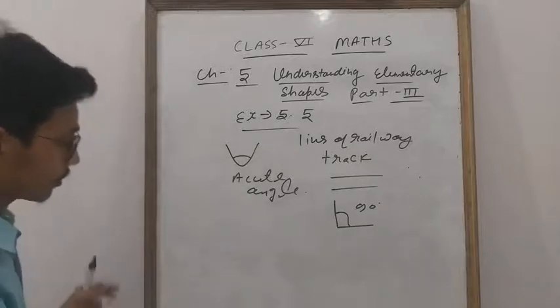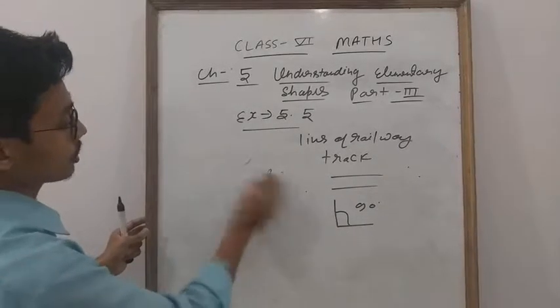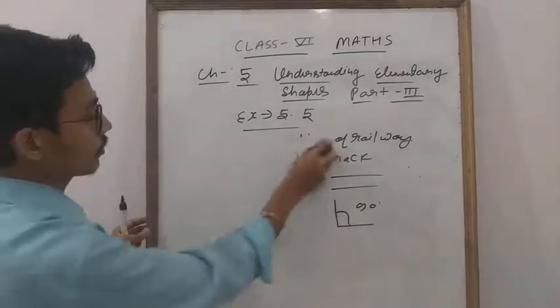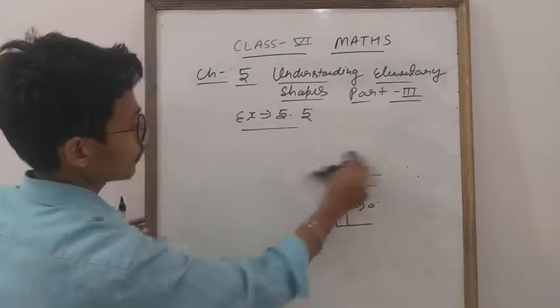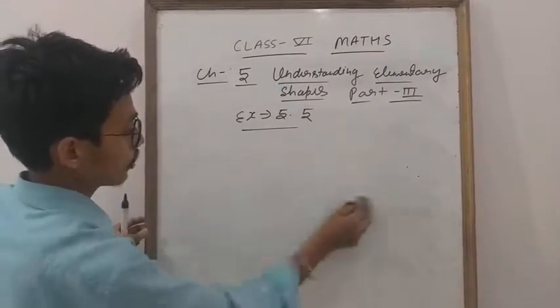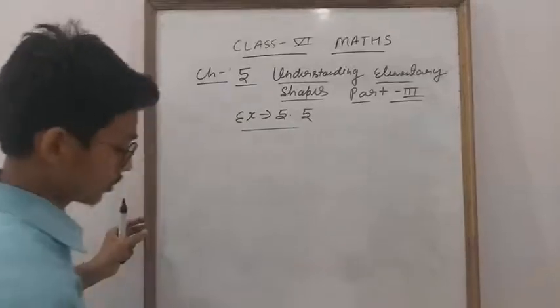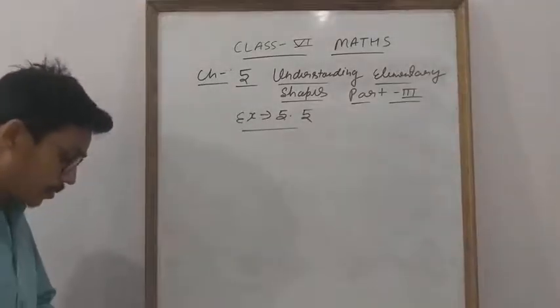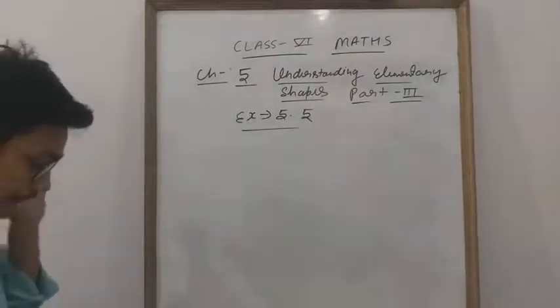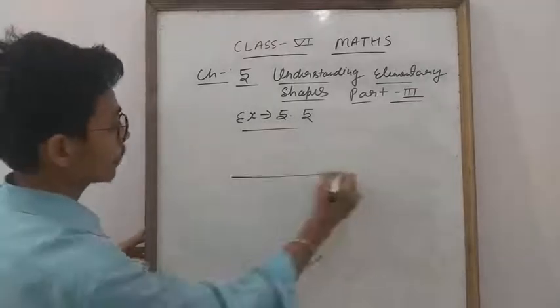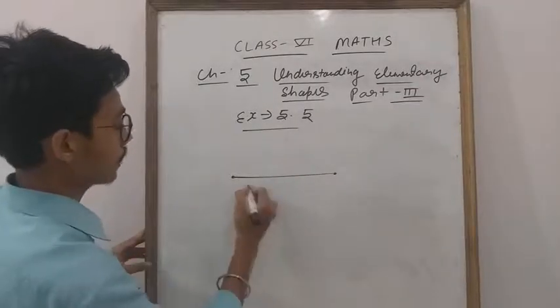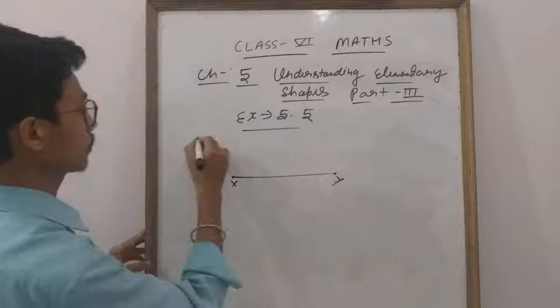What is given in question number 2? All the questions are based on perpendicular lines. Okay everyone, so question number 2, we will discuss what is given. Question number 2 says that PQ is perpendicular to line segment XY. So first we will draw the line segment XY. This is X, this is Y. This is question number 2.